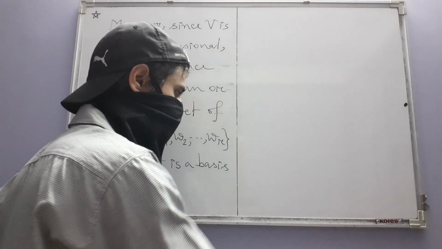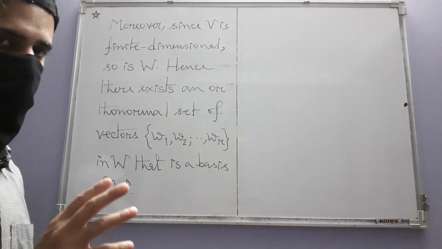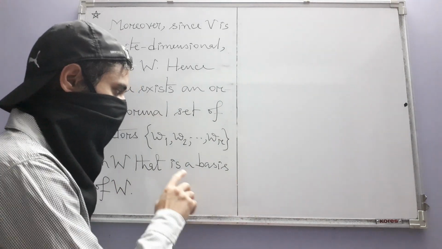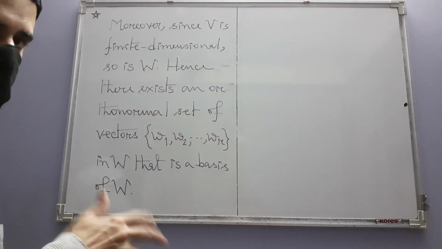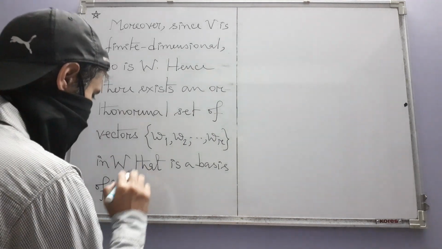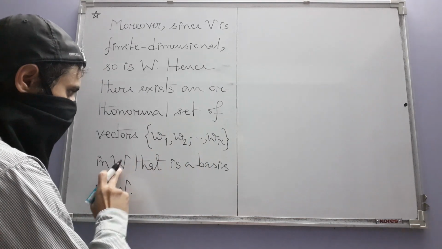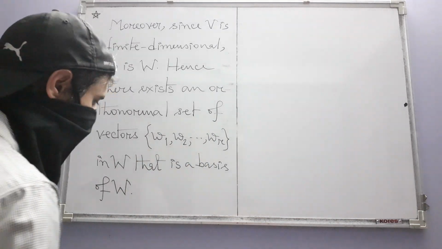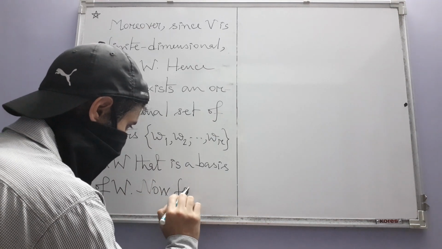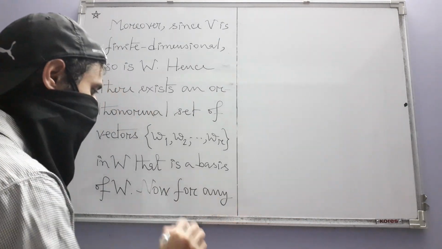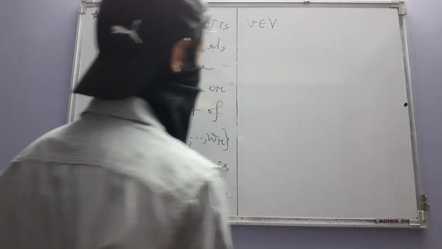Let me complete the proof, because this is how it's given in the text, but after that we will see something, not anything major, about writing this set. After the proof is over, we are going to discuss that. So fine, this is one basis of W, which is also an orthonormal set. Now, for any vector in our original vector space V,